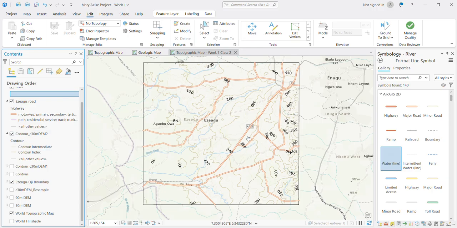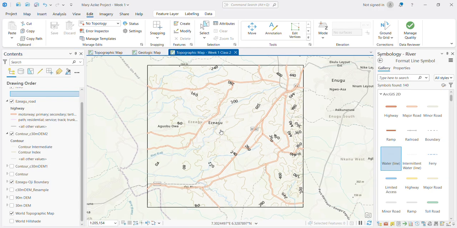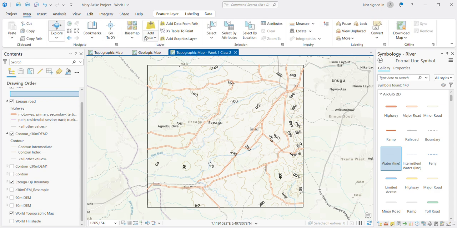So now we have the key important features that we need. We also need names of places here. Okay, so you're asking me which one should have more priority between rivers and roads, based on the color and the visibility of it. Yes. Let's increase